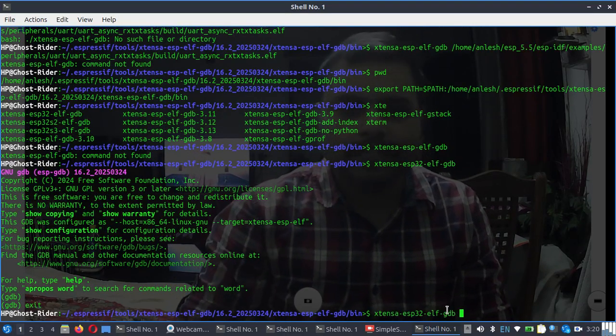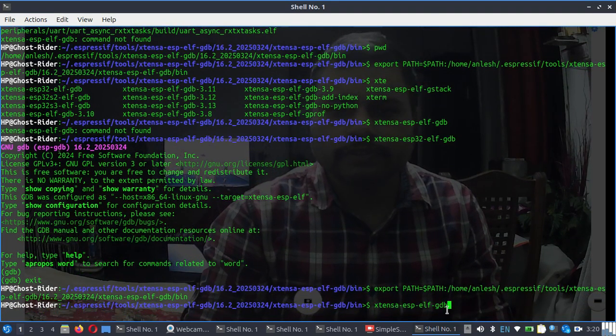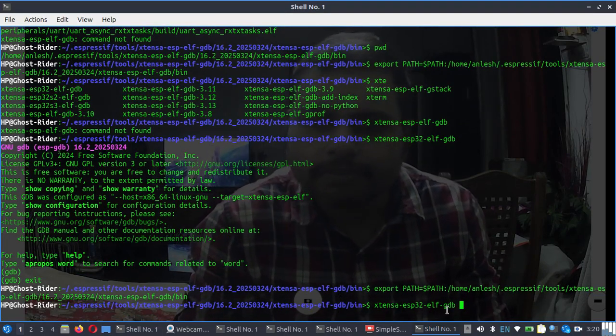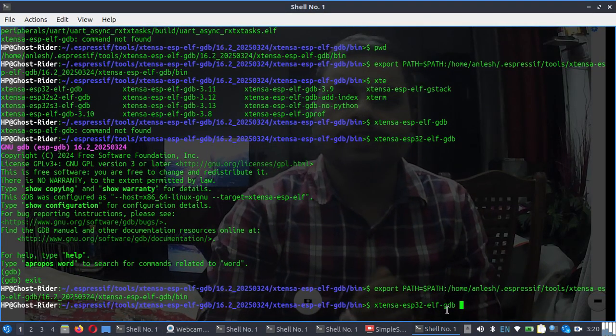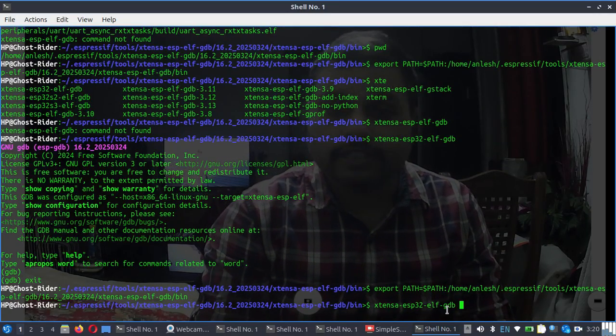I have already exported this path here, and now I can simply do xtensa-esp32-elf-gdb